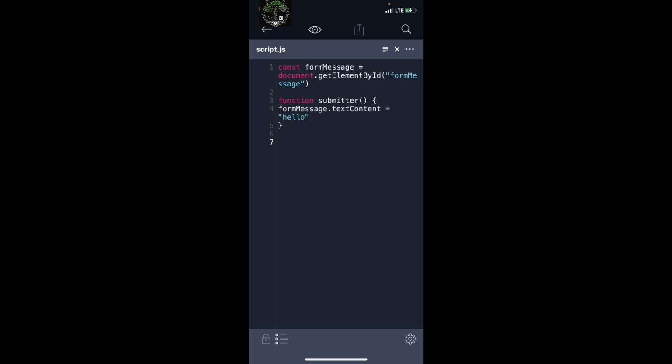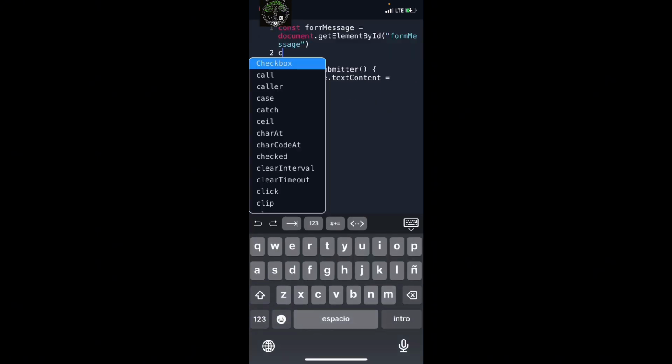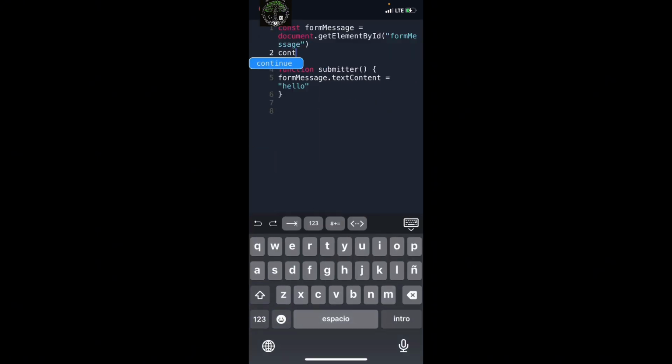Since the ID is name, then we can say const name equals to. I don't think we can use name. Let's use names. Equals to